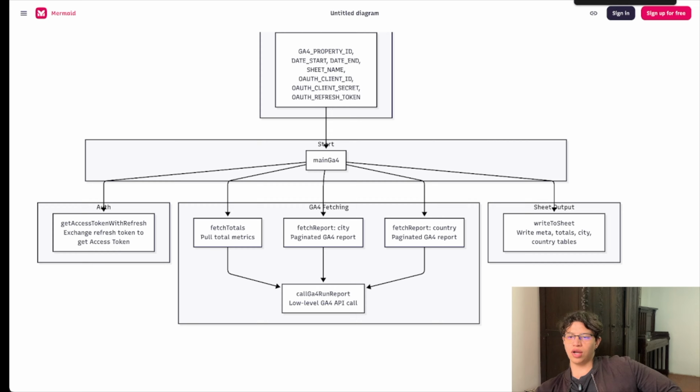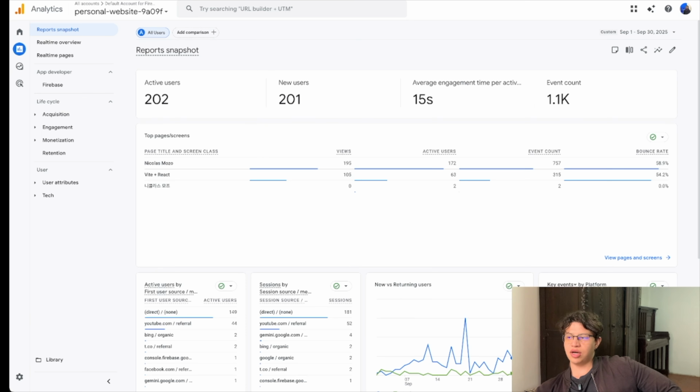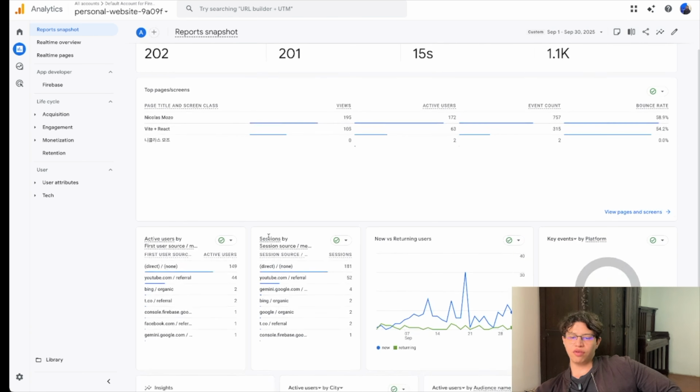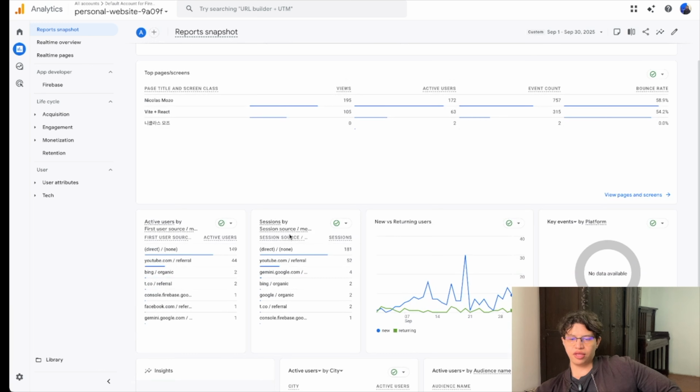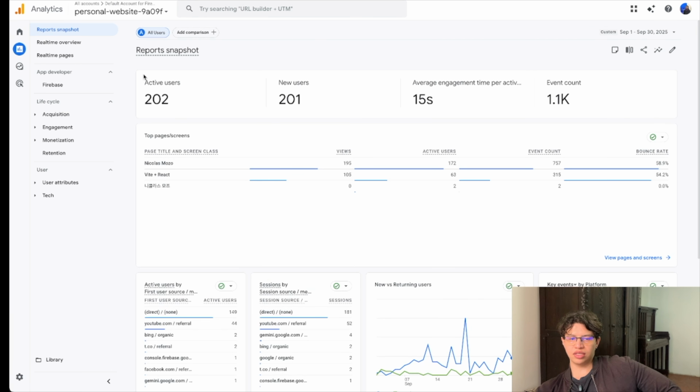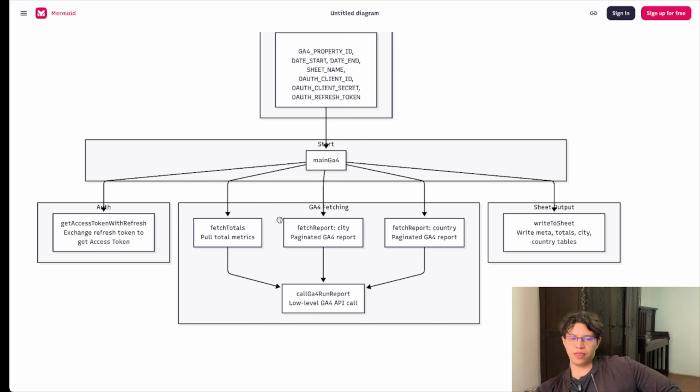So to show you what I mean, this is my Google Analytics that I have for my website. So you can see that I have some things here. So what we will get is, when I say metadata, this is what I want. What I mean is getting the active users, the new users, the average engagement, and the events count. That will be the fetch total part. Then we will run it again, but this time we want to get the active users